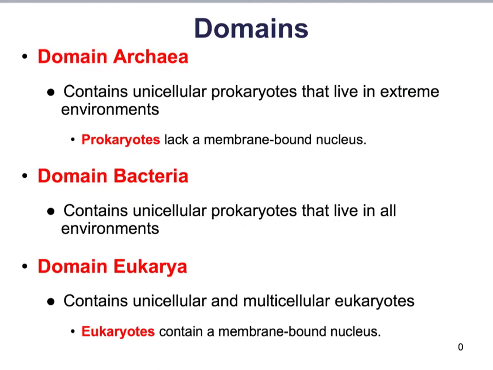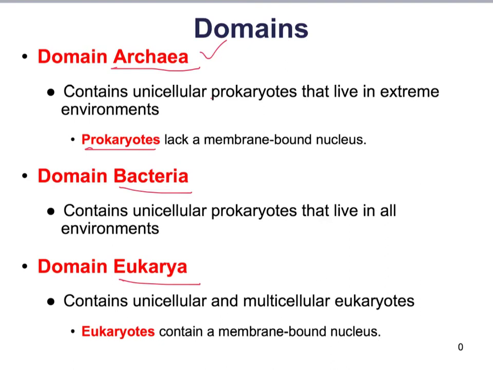The three different domains I would also like you to memorize are archaea, bacteria, and eukarya. Now with the domain archaea, this consists of unicellular prokaryotes that live in extreme environments. So first off, the word prokaryote means that these organisms lack a membrane-bound nucleus. And we'll look more at cell structure a bit later on. But these archaea live in such extreme environments that for a long time people didn't even bother looking into these environments to see if anything lived there. So we don't know a lot about them because we haven't been studying them for that long compared to bacteria